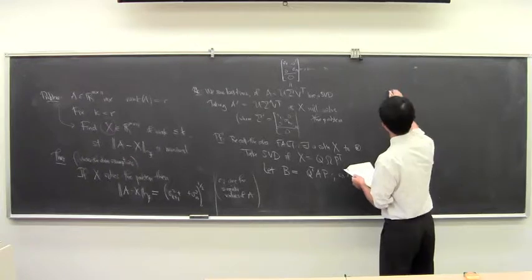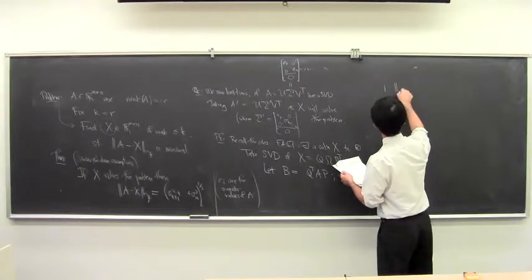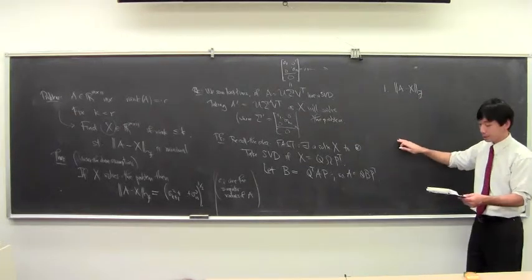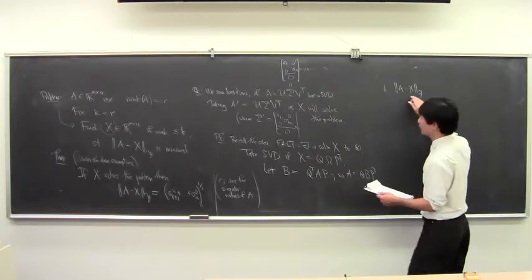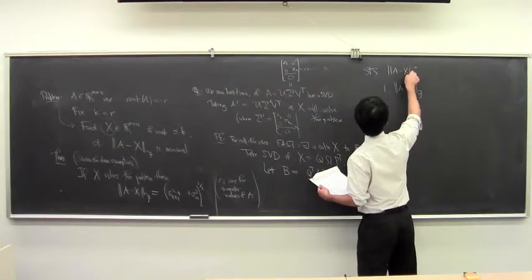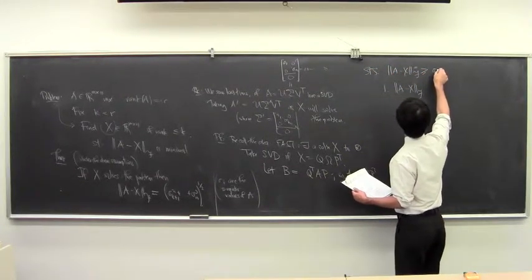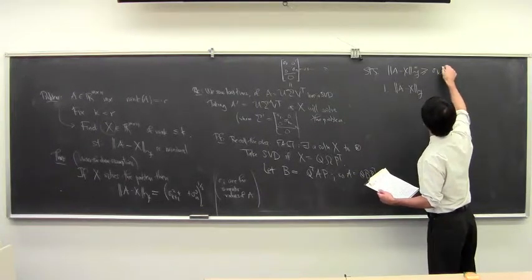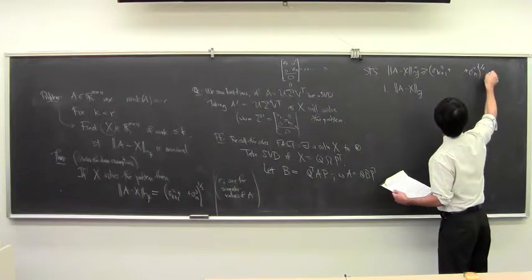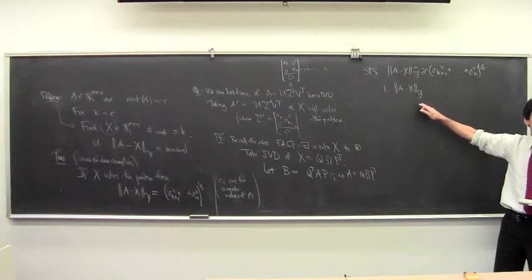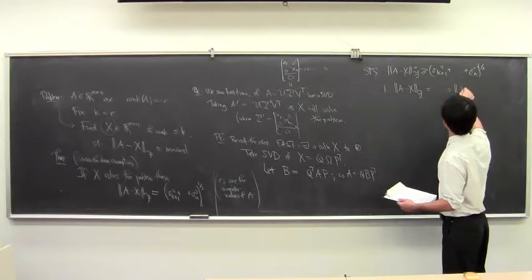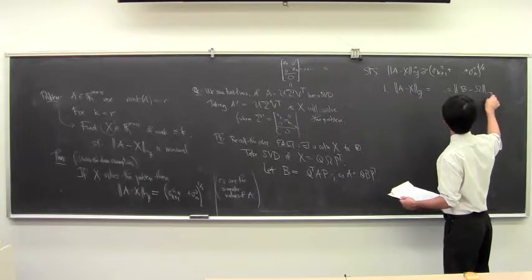And then the first thing we did was that we saw that this distance, which we're hoping to show, suffices to show that this distance was greater than or equal to this,